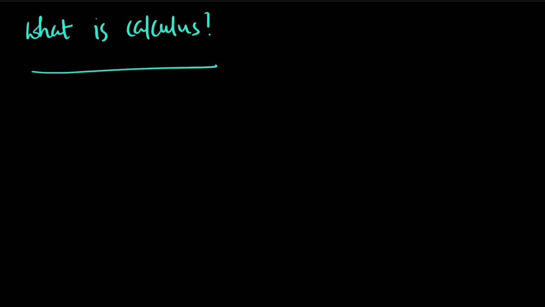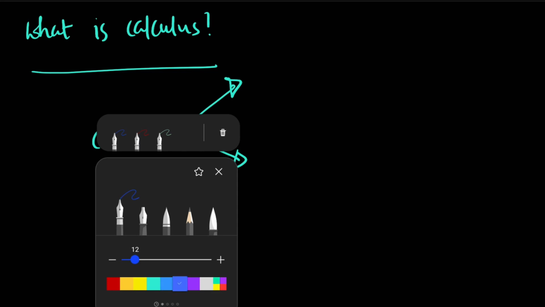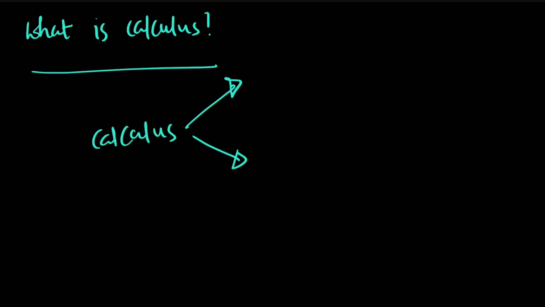Now, Wikipedia defines calculus as the mathematical study of continuous change. Calculus has to do with changes, and these changes are modeled with calculus. Calculus helps us model these changes and try to understand changes that occur in certain quantities in nature. Now, when you take calculus, it has two major fields under it, the integral calculus